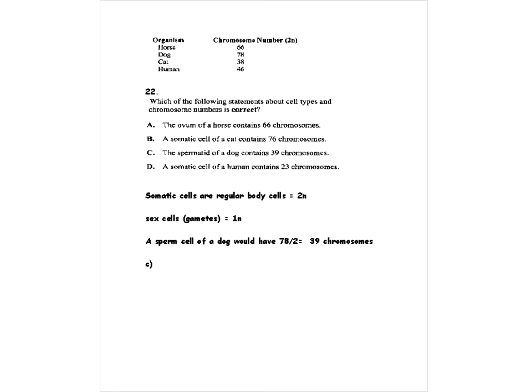All right. So we'll go on to the next one. Next one's kind of similar to another one we were looking at before. It shows different animals and different numbers of chromosomes they have in their regular body cells. It says which statement is correct. So I'm just going to go right to the one that's correct here. Again, we know that somatic cells, which is another name for regular body cells, are 2N. And so a sperm cell of a dog, since a regular dog cell has 78 chromosomes, a sperm cell would have 78 divided by 2, which is 39. So answer C would be right. Spermatid, just another word for sperm, would contain 39 chromosomes. Okay?